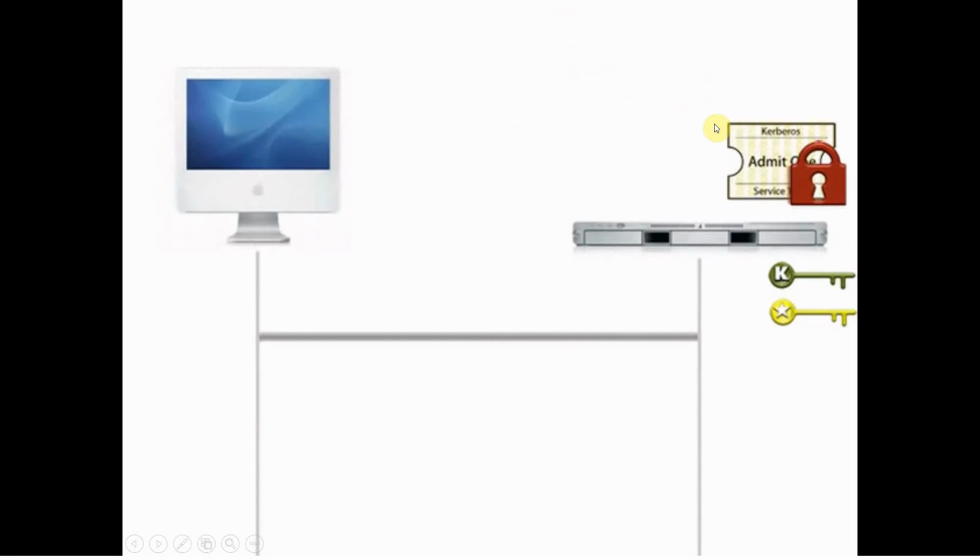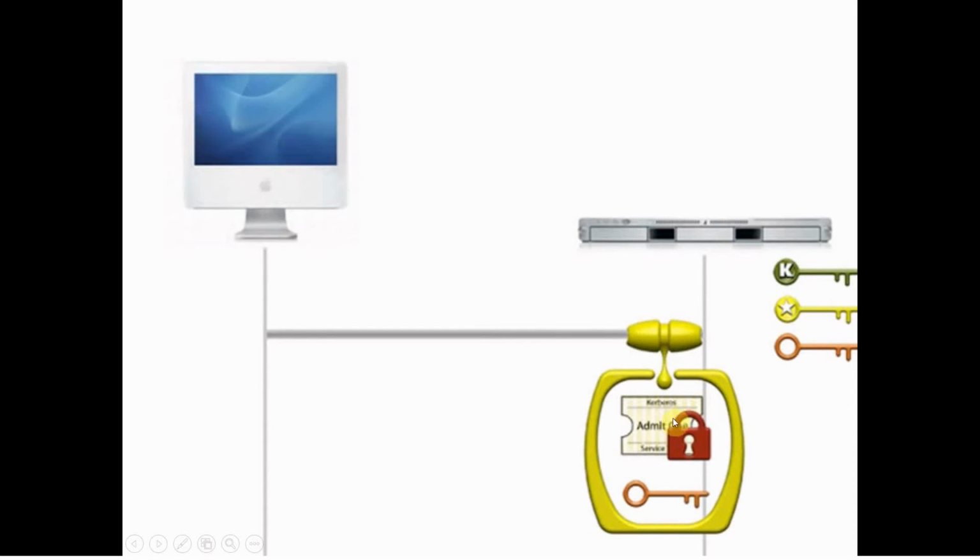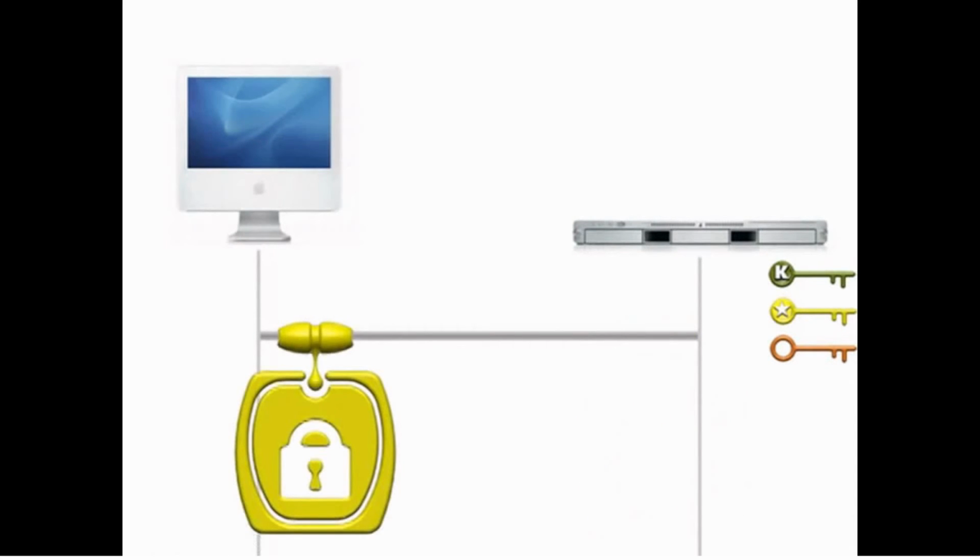Now, the service ticket is encrypted using the service principal's private key, and a packet is created which includes the service ticket and the copy of the new session key. Now the packet is encrypted using the old session key and is sent to the client, and the client uses the old session key, which is stored in a Kerberos tray, in order to decrypt it